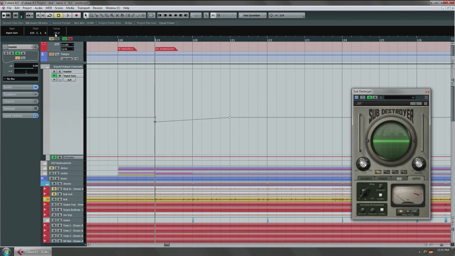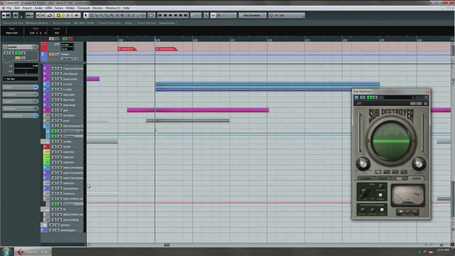So if I do like -2, wait, what is this? -6. So if I do -8, which is 2 dB lower than it was before,